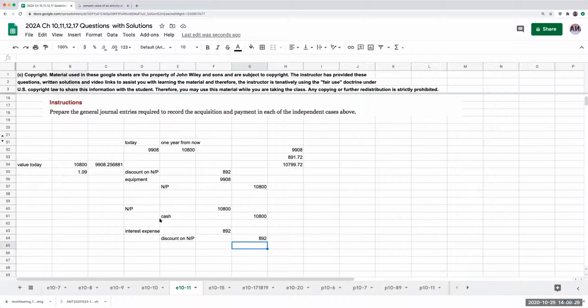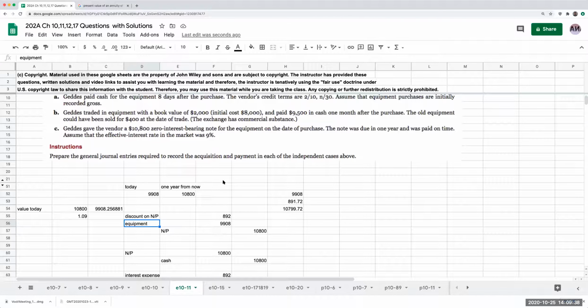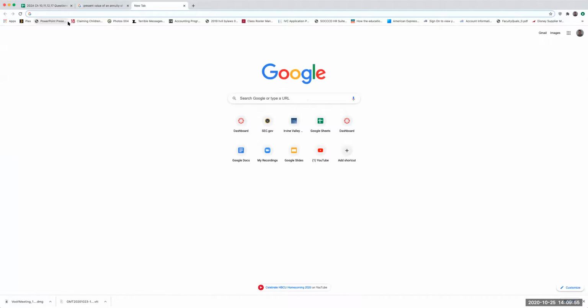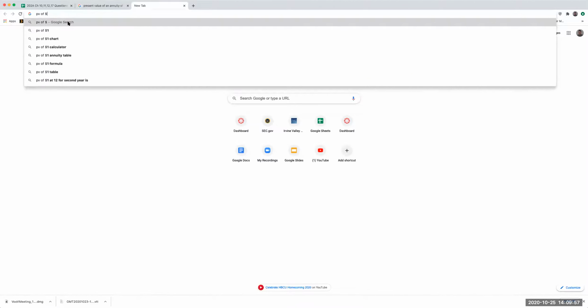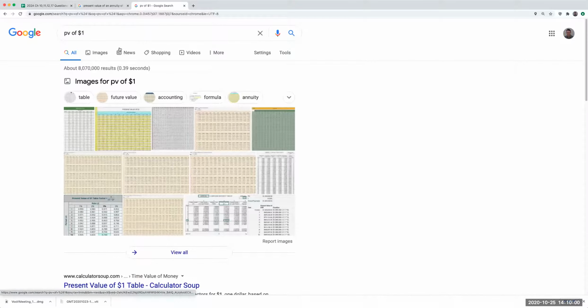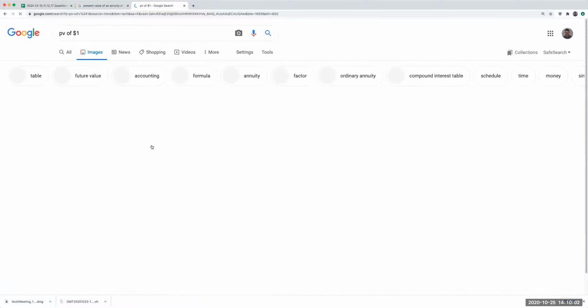I'd accept either answer, but it's important that the equipment's really not worth 10,800 if I'm giving a zero interest bearing note. So if I have this zero interest bearing note, I know it's not for real. So I have to discount that back to today. How do I do this? Well, it's only being paid 1 year away from now. And so if I was to look at this in terms of a present value of a dollar table,